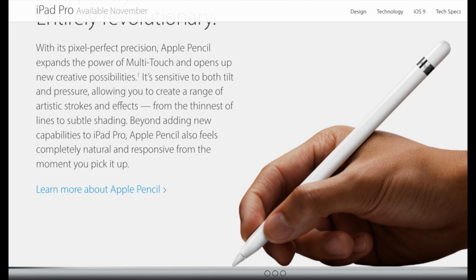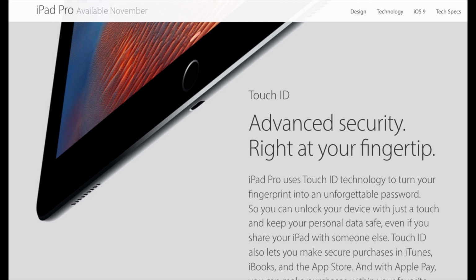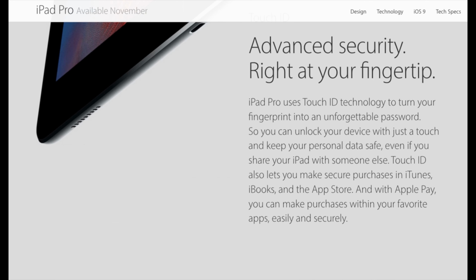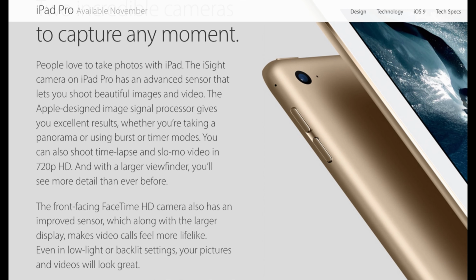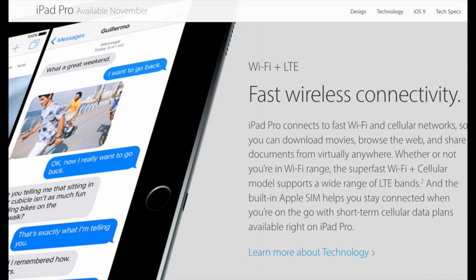There's a lag time between when you write, and also your palm print can impact it. So I'm really toying with the concept because I could see using it a lot. I could use it actually in my work. I do a lot of writing. I take notes, and instead of doing it on a pad of paper, I could maybe just write on this